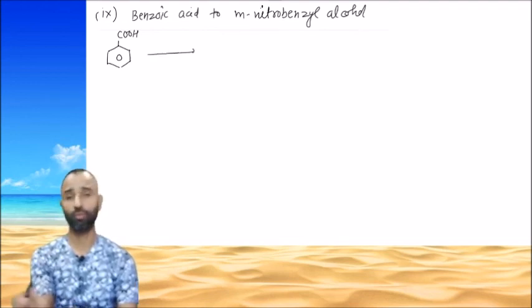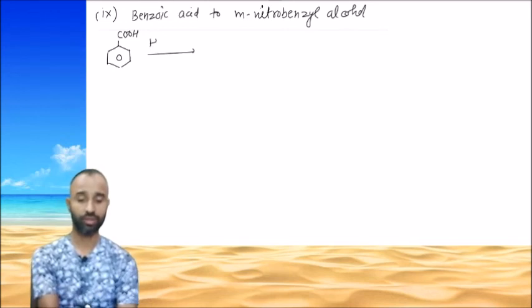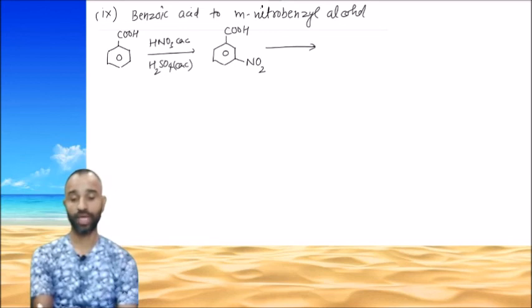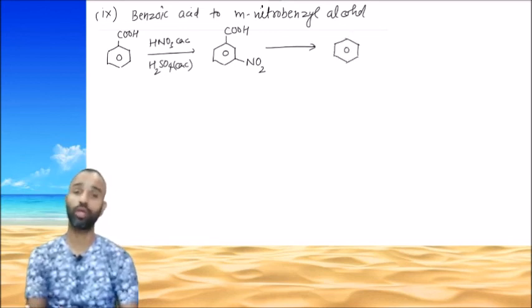The COOH group is meta directing. So do nitration at this stage only. Now on nitration, we get meta-nitrobenzoic acid. Now in meta-nitrobenzoic acid, the COOH group should be converted into